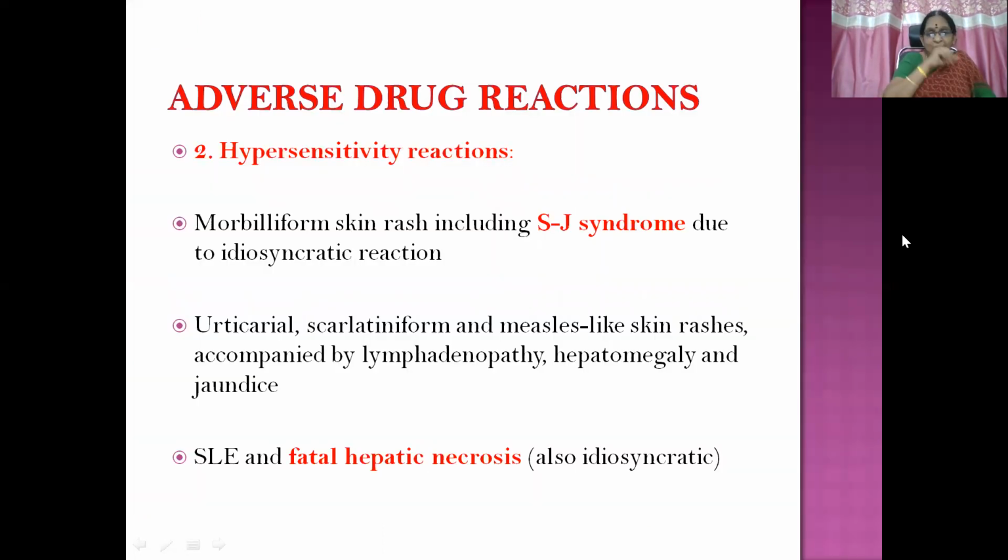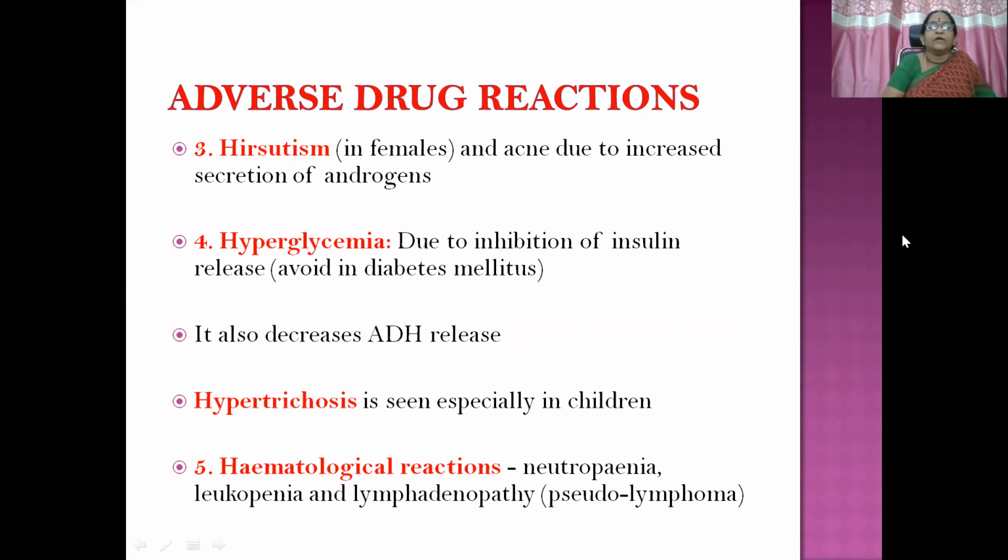Then what is gum hypertrophy? Then hypersensitivity reactions. Morbilliform skin rash, including Stevens-Johnson syndrome due to idiosyncratic reaction, all sorts of hypersensitivity, that is urticarial, scarlatiniform, and measles-like skin rash, accompanied by lymphadenopathy, hepatomegaly, and jaundice. Then SLE and fatal hepatic necrosis also may be seen, which is an idiosyncratic phenomenon, and hirsutism in females because of